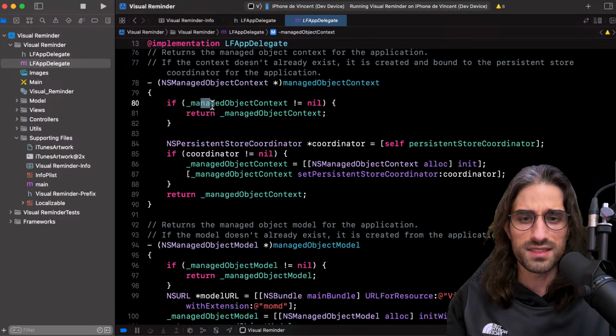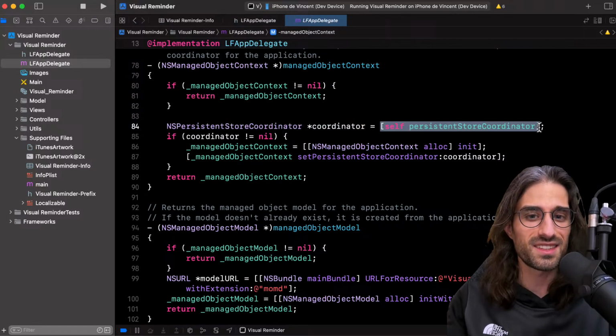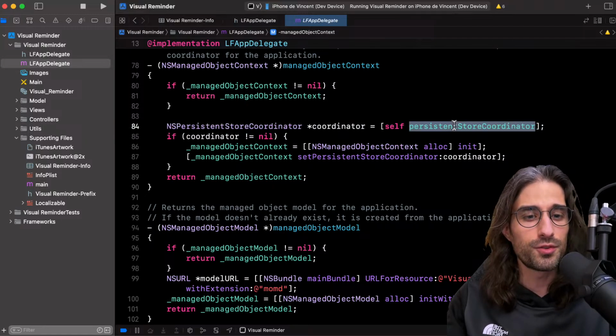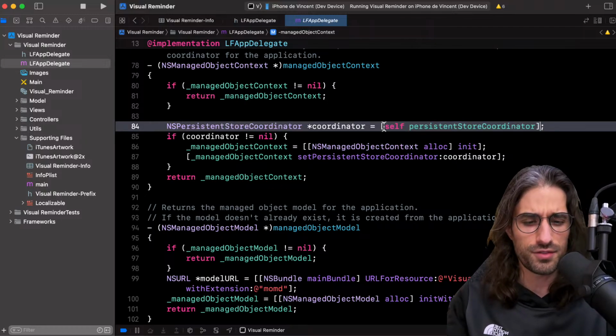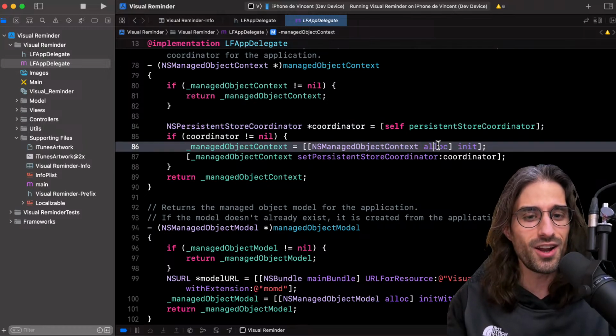What we do is that if it already exists, we just return it, and otherwise we instantiate, we get the persistent store. So this is how you call a method in Objective-C. You would do the name of the variable, a space, the name of the method, the potential arguments, and then braces before and after. And this is what people used to find super weird, especially because when you wanted to do a new, you would do alloc init.